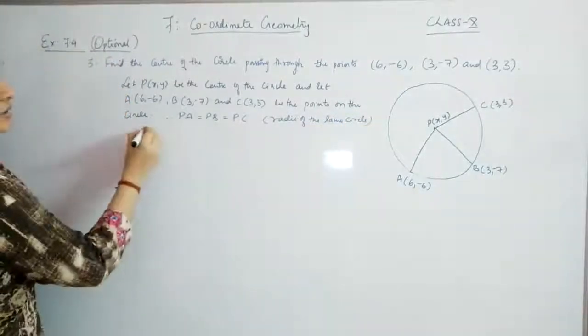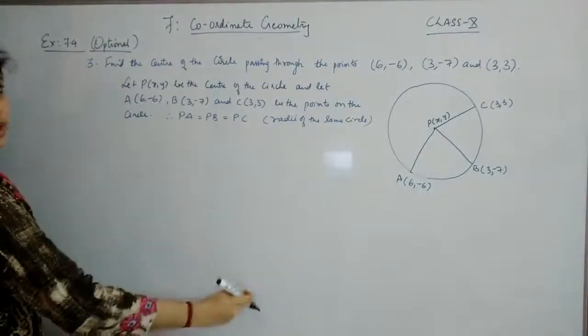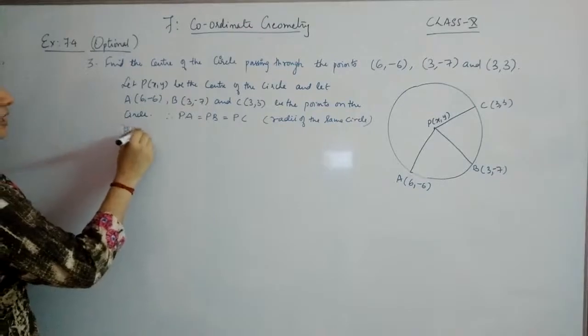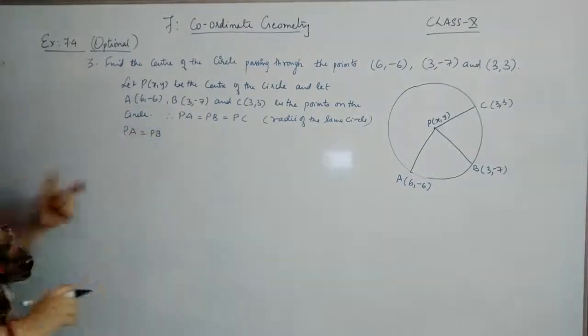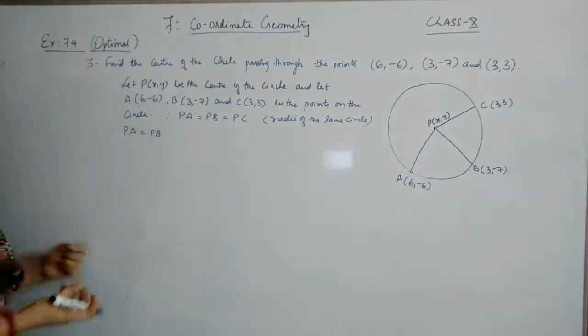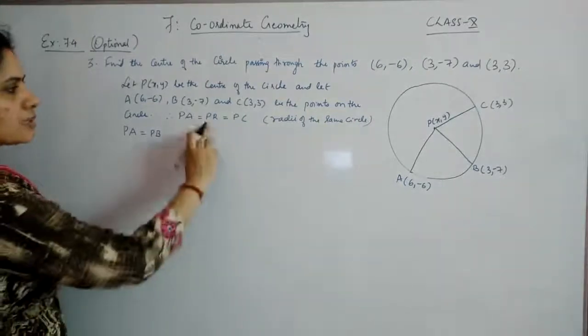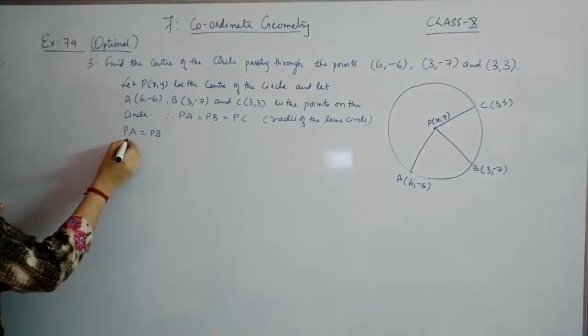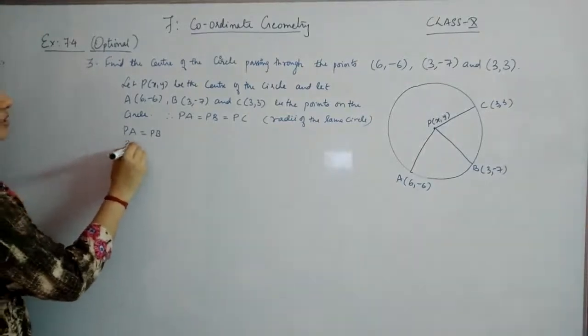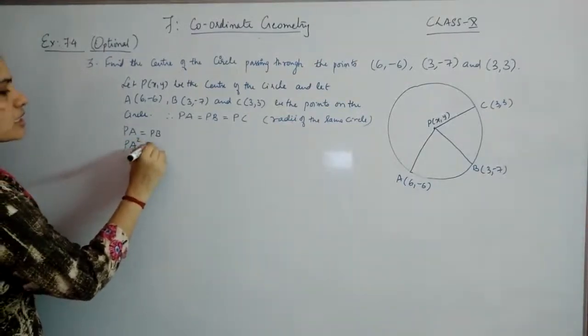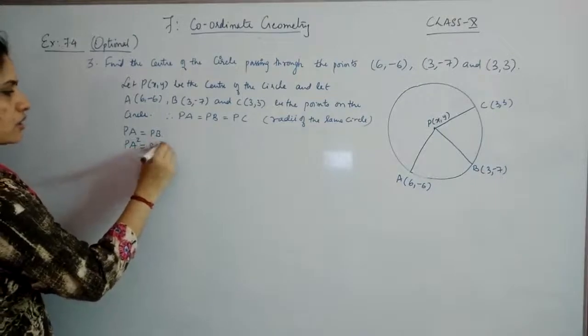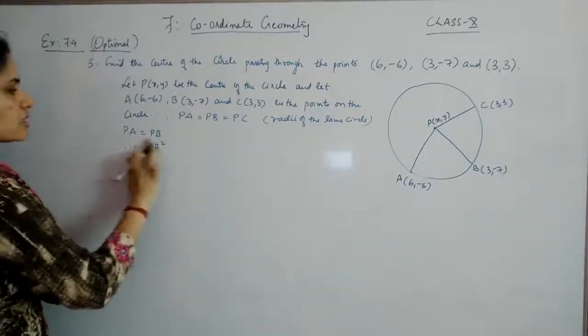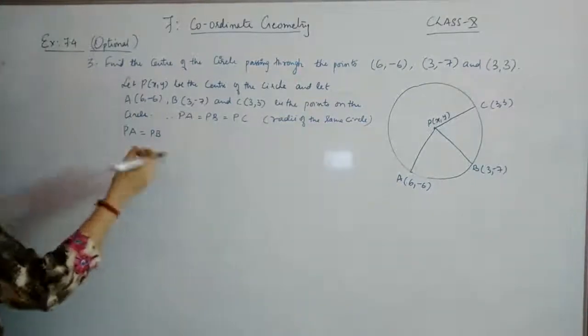Okay. So from this we are just splitting it into two. That is, first we are taking PA equal to PB and getting an equation or else a value, and then taking the other one, that is PB equal to PC, and getting another thing. Okay. PA equal to PB same as PA square is equal to PB square. Why we are taking square on both sides is to remove that root concept, or else you just write the definition and then take the square.